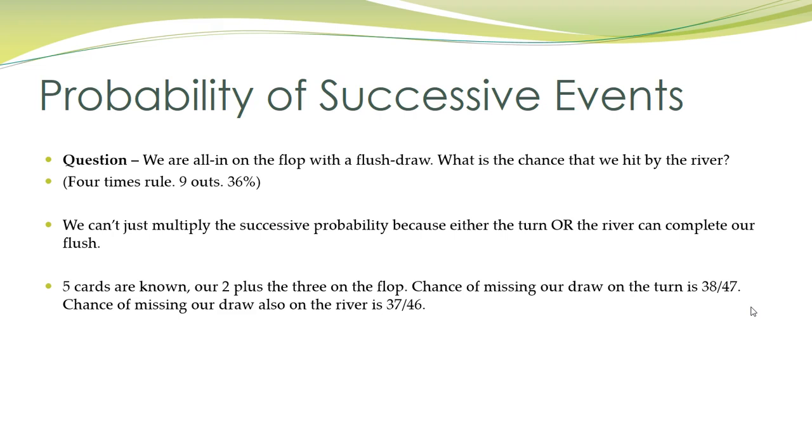Probability of event A, 38 out of 47. Probability of event B, 37 out of 46. We multiply those two together and we get this value, 0.65. So is our probability of hitting by the river 0.65? No, remember this is our probability of not hitting by the river. So if our probability of not hitting is 65%, what is our probability of hitting? Well, by a simple process of deduction, we can see that we're going to hit our flush draw around about 35% of the time. That pretty much confirms that the 4 times rule is at least close to being accurate